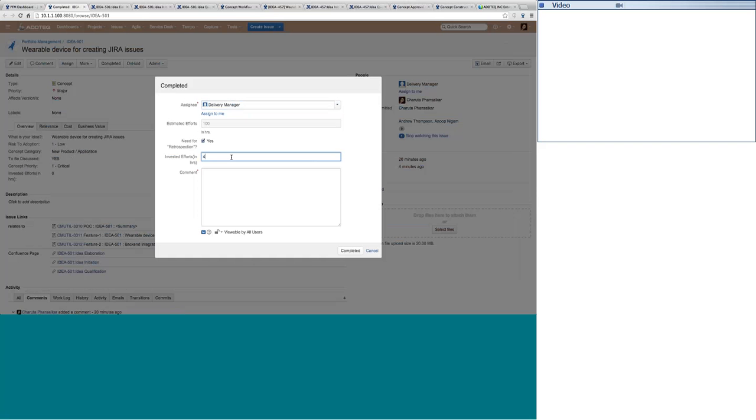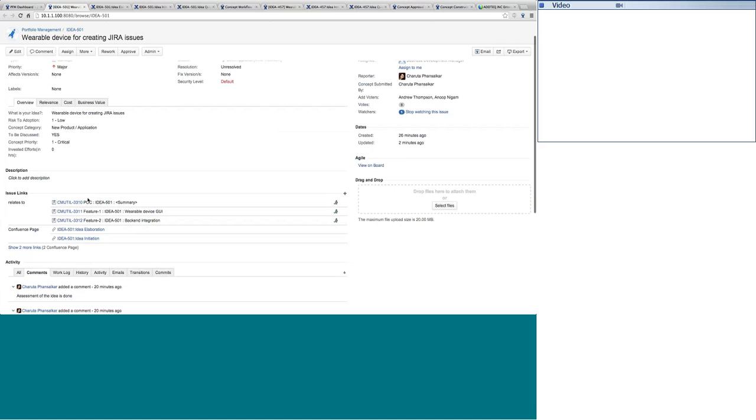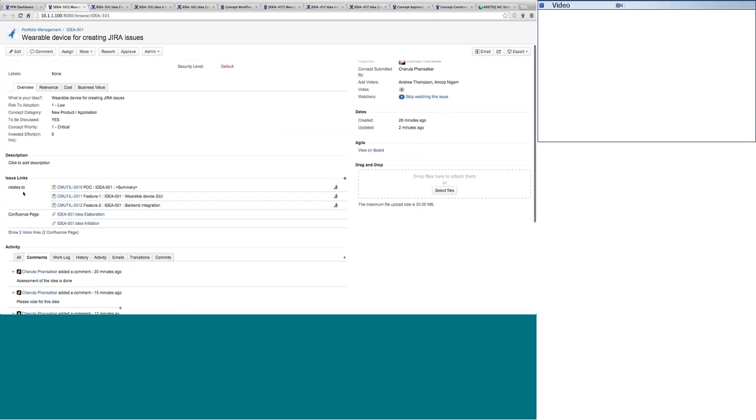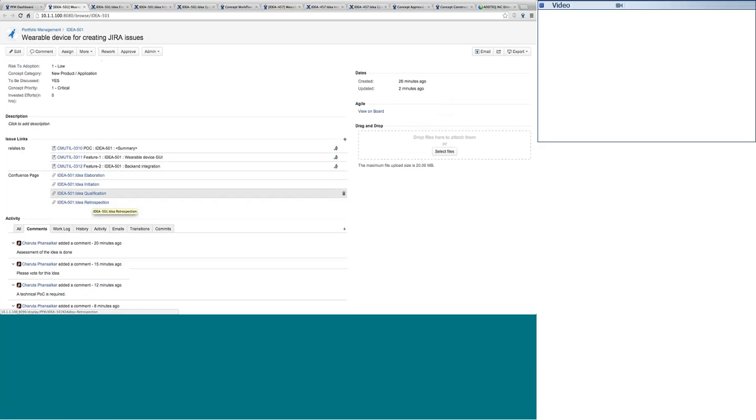So in that case, if I want to have the retrospection done for the idea, I will set that to completed and simply click on complete. Whenever we require a retrospection, of course, I understand that we cannot capture it just on the Jira issue. So again, here you can see that you can have a retrospection page which can be attached to this Jira issue. Why are we doing this in Confluence, capturing so much information around this particular concept?